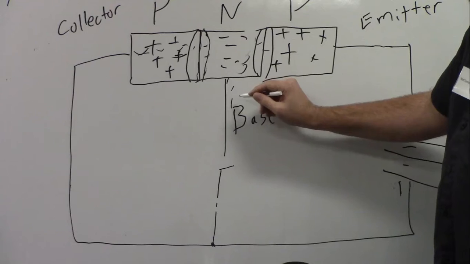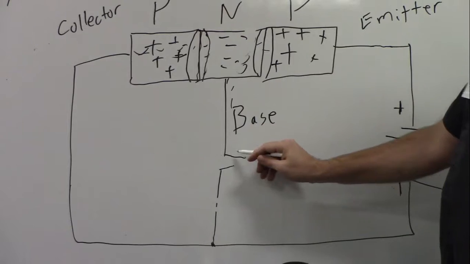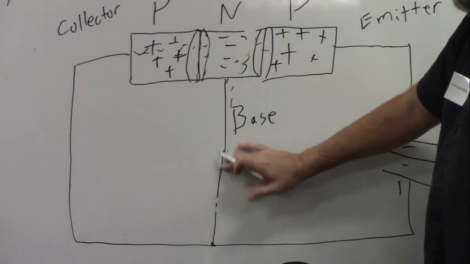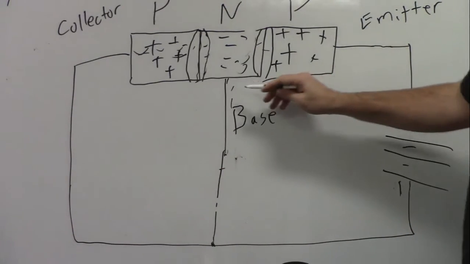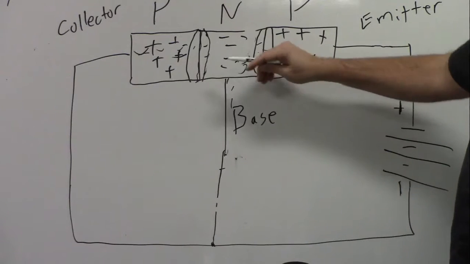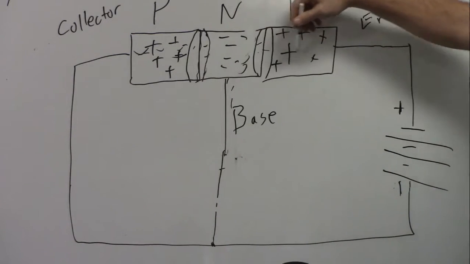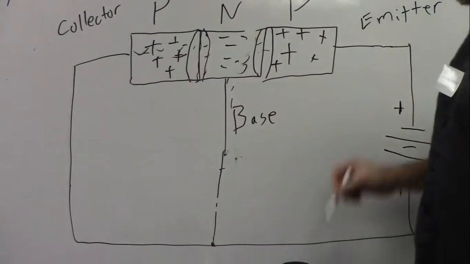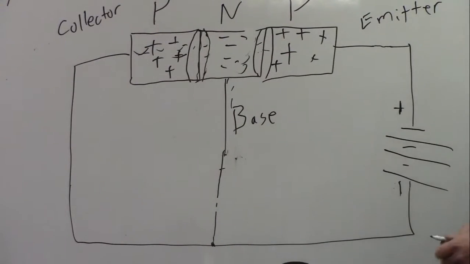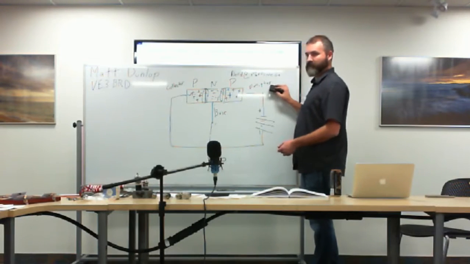I'll hook up a negative, yeah, I guess same spot because I reversed the battery. And now it will cause electrons to flow through here, filling up these holes and allowing electrons eventually to flow across here and the other way, opening up the flow of electrons across similarly, just using the negative as opposed to a positive in the NPN.